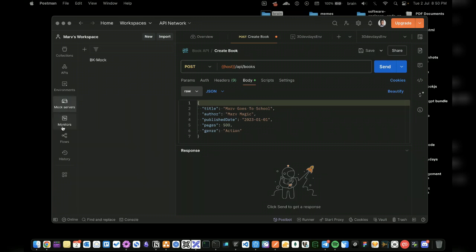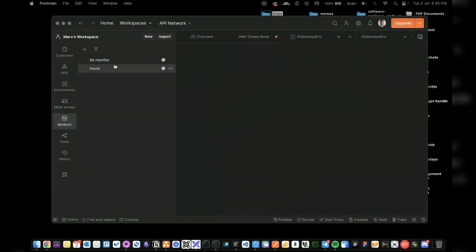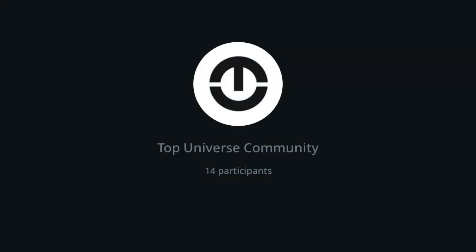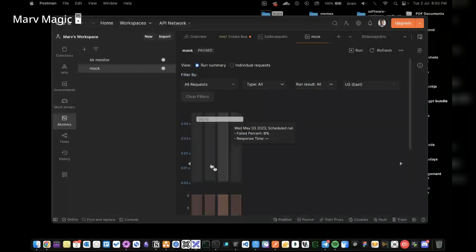Okay, so monitors are basically used for monitoring APIs, especially. You can use this for monitoring your mock servers, for monitoring your development environments or staging environments, just to understand what the requests going in look like, right? If there are errors, I mean, if there are failures, or if everything is fine, then I think you can use that for monitoring that API.